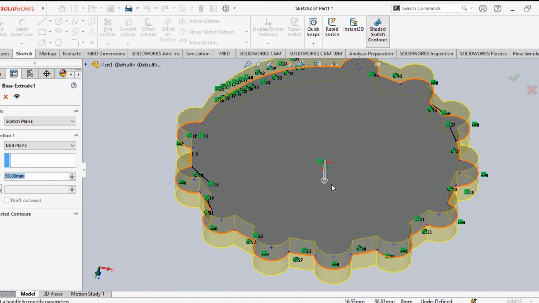Or you can say, in a different way, that you are giving some volume to your area. In your sketch, you have made some area. Now with your extrude boss base, you are giving some volume or thickness, right? So extrude boss is clear. Extrude boss base can give some kind of material to your object or to your sketch. Okay, let us close these things.